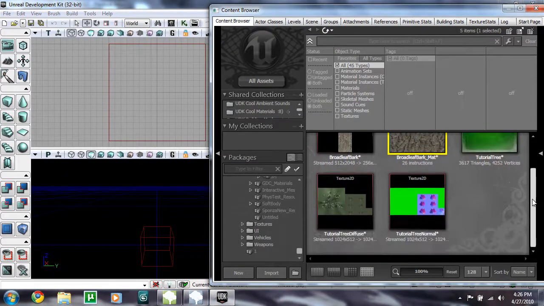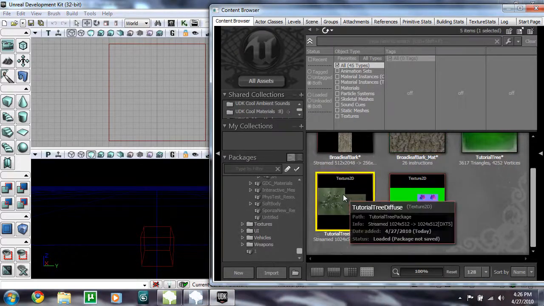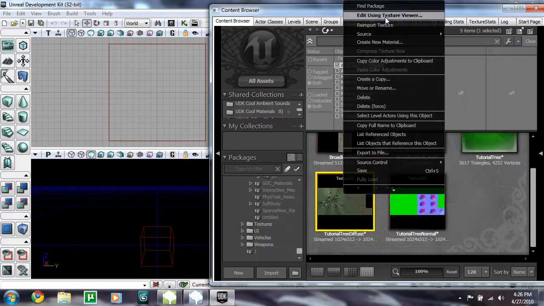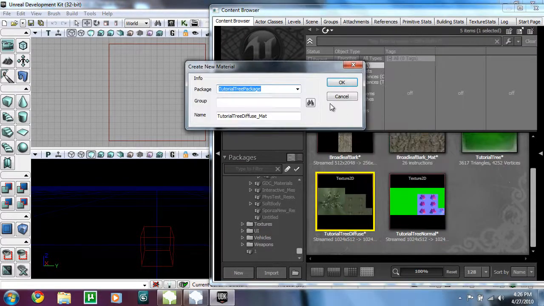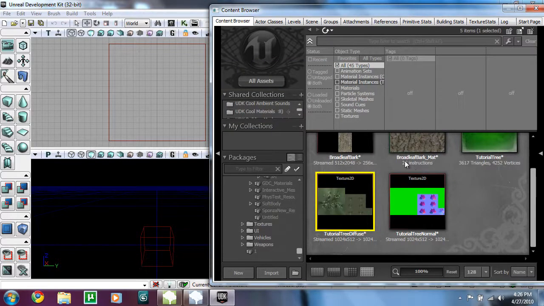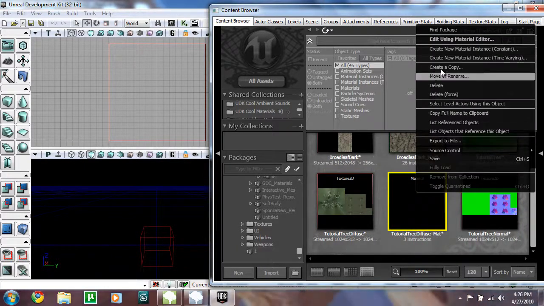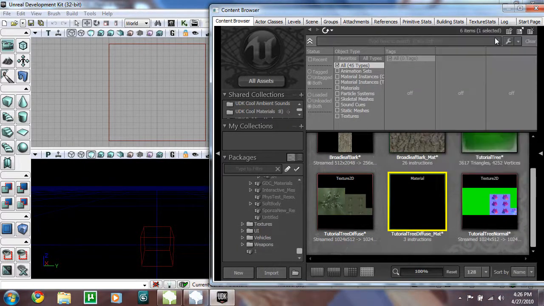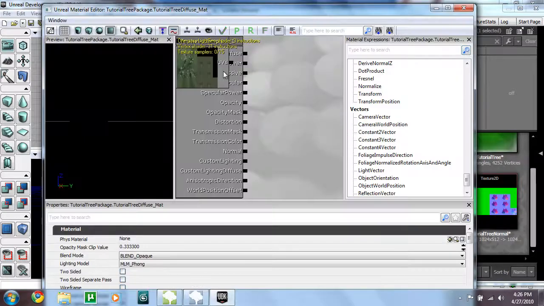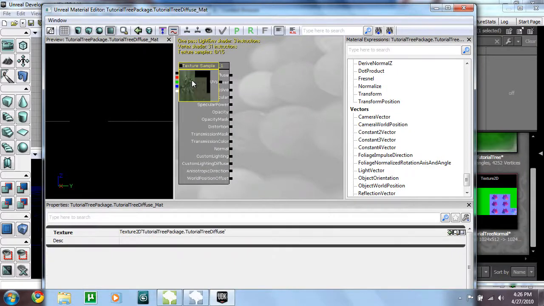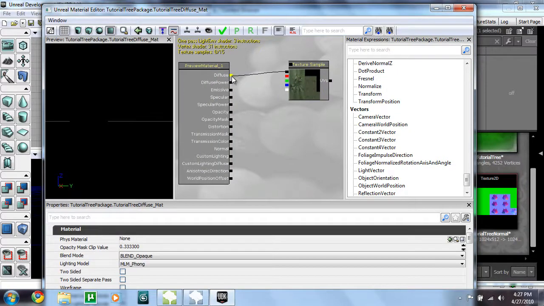You're going to come down to your texture 2D, right click on this, and click create new material. The same thing that you just did. Click OK. Now with your new material, you're going to right click and hit edit using material editor. Now that you have this open, you're going to do the same thing. You're just going to take this, put it into the diffuse,